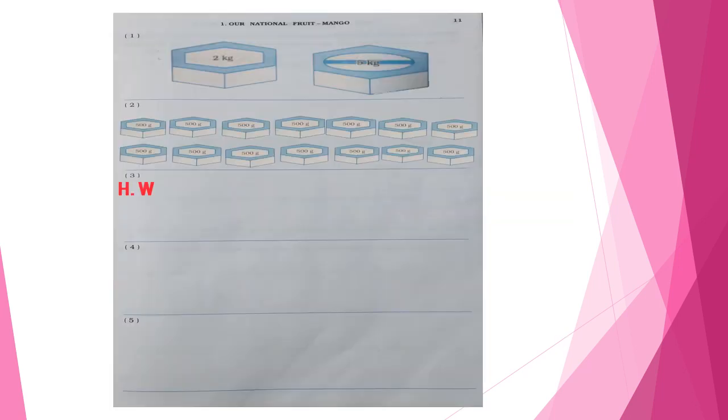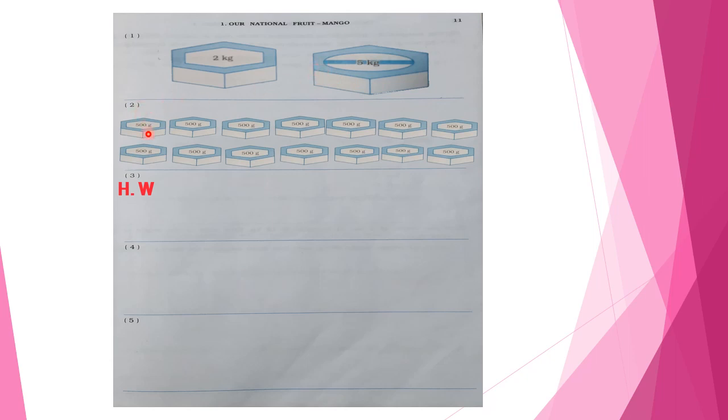So first one, we want either 7 kg or 7000 gram. So there are two examples I had done. Remaining you can do it as homework. So first one I had taken one 5 kg weight and 2 kg weight. So 5 plus 2, that is 7 kg. So draw one 2 kg weight and 5 kg weight.